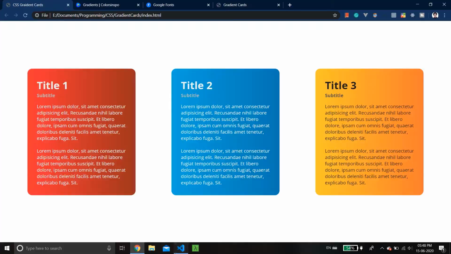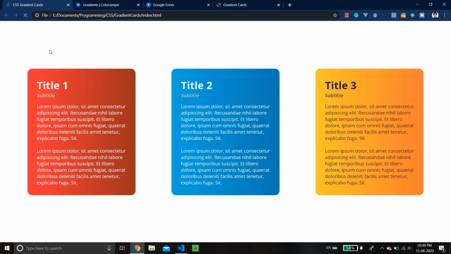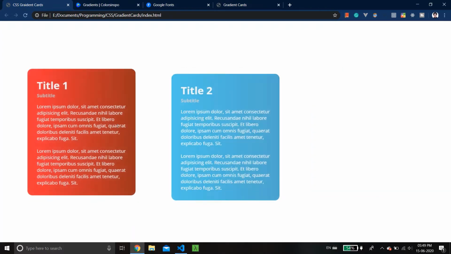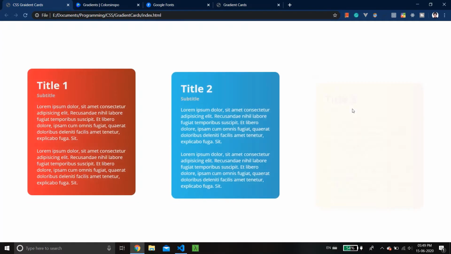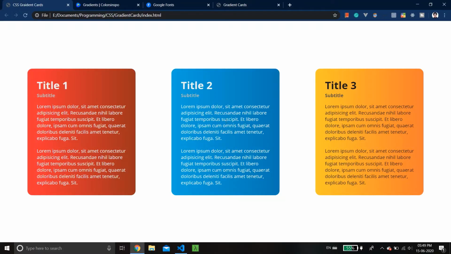So here I have my setup. I have index.html, and I have CSS and JavaScript folders. In JavaScript I have a GSAP file. We're going to use GSAP for the animation that's happening here. We can do this with CSS easily, but I want them to appear one after the other, which is really easy with GSAP, and we can do more later if you want. In CSS we have Bootstrap just for the layout. We won't be using the Bootstrap cards. We'll be designing them on our own.